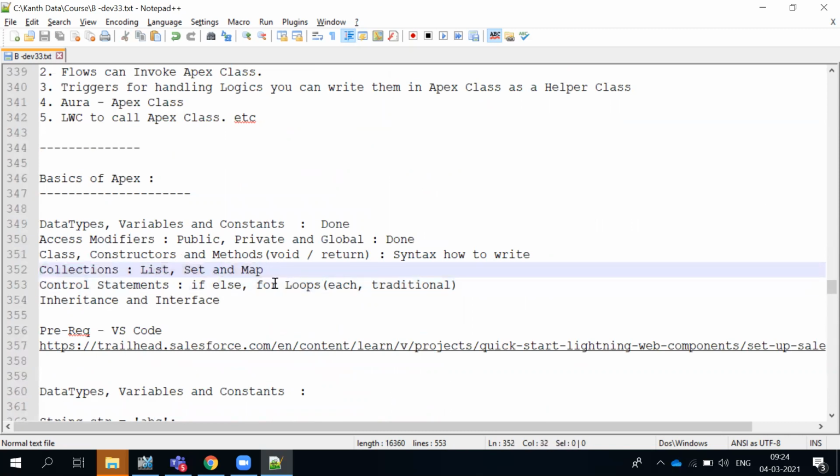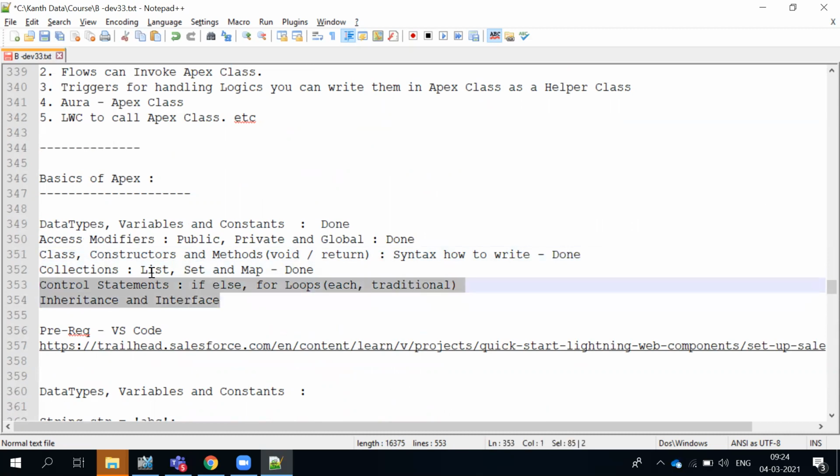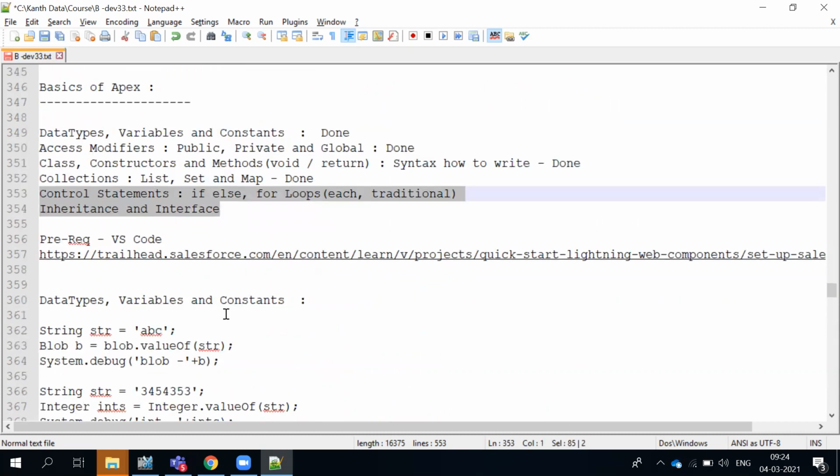I think we've completed this also today. We are in the basic class still, don't mind. I think by tomorrow we should be able to cover up this basic class. Then we'll jump on to the SQL queries, how complex we can write, and then we have triggers. The moment we complete the triggers,